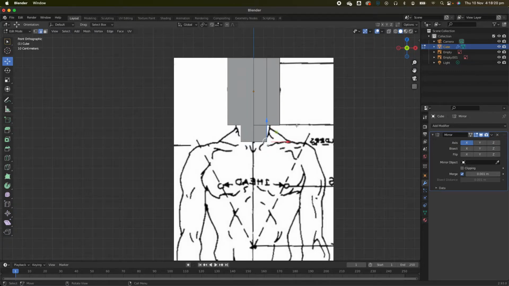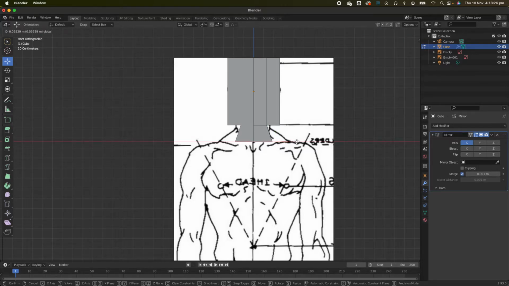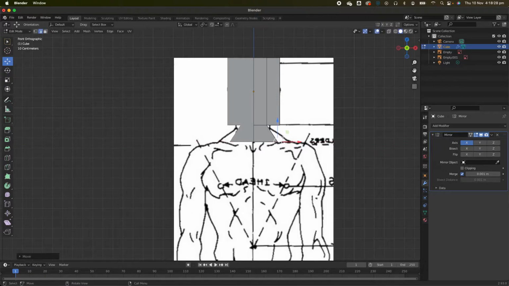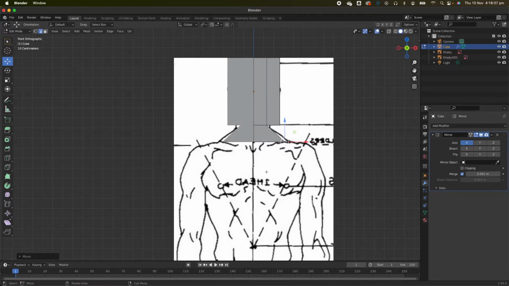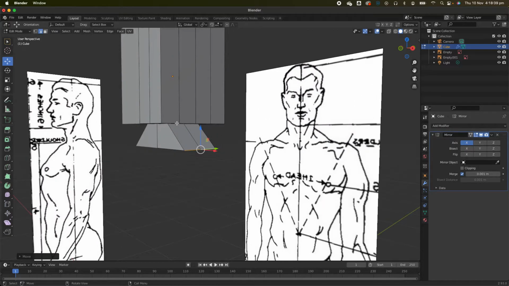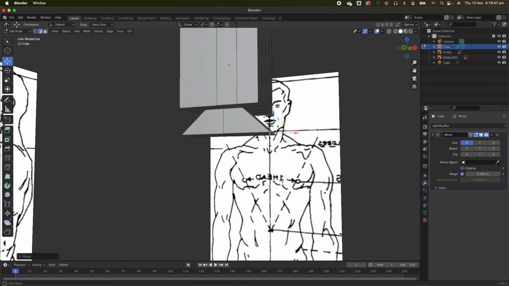So this very much strongly depends on your figure. If they're quite muscular, you'll do this. So we move out this neck a little bit. You can add another poly there later on, but this will suffice for the time being. There we go. Okay, so this person doesn't really have a neck. Oh, this person actually does have a neck there, but we can fix this up later on. All right, so